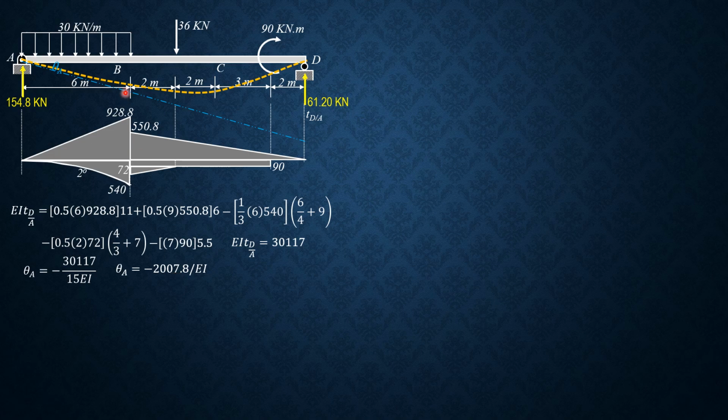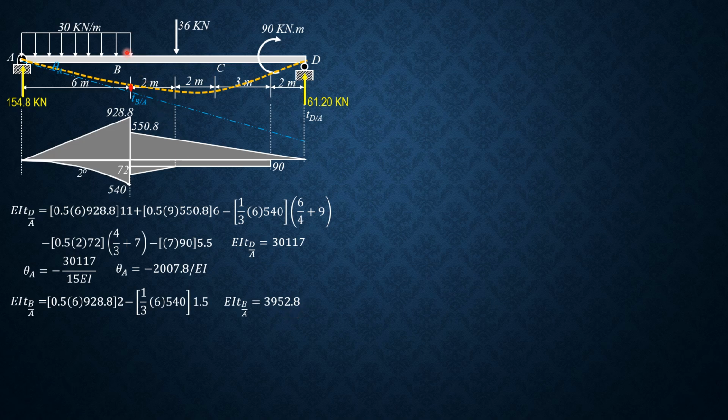So we can next evaluate deviation of B relative to the tangent at A, that one. And this one, deviation of C relative to the tangent at A. So let's evaluate first. Deviation of B relative to tangent at A equals moment of areas between A and B with respect to B. So there are only two areas, these two areas here. So equals 1/2 or 0.5 of 6 times 9 to 8.8 times 2. 1/3 of 6 is 2. And minus 1/3 of 6 times 540 times 1.5. Remember, this is 6 over 4 or 1.5. So deviation of B relative to tangent at A is positive because B on the elastic curve is above the reference tangent,